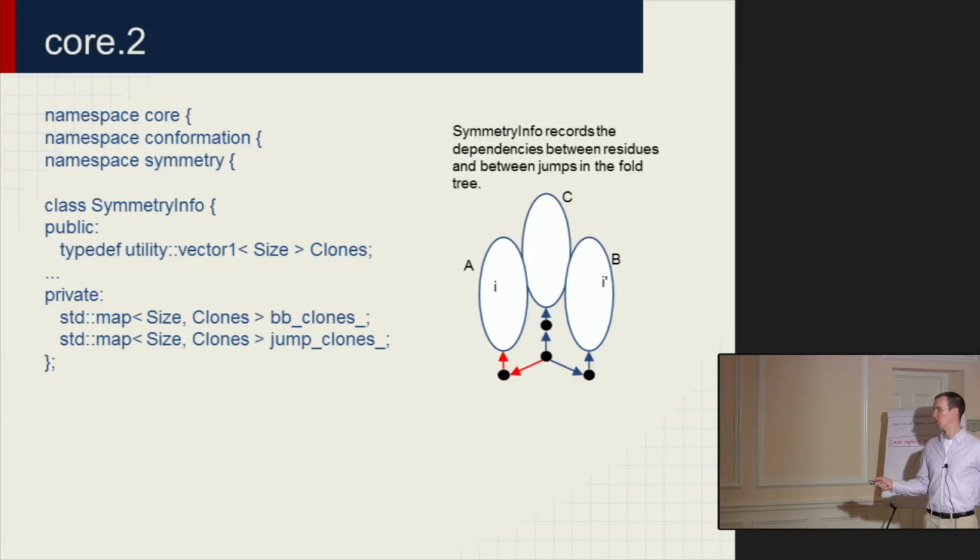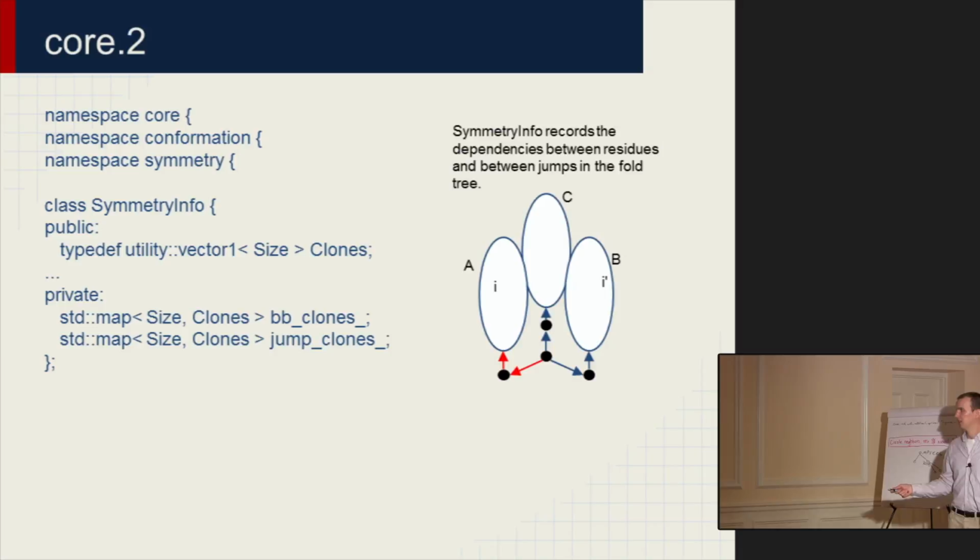So this is a vector of size, call them clones, and there's a map between each residue in the asymmetric unit to the list of all of the other residues that are clones of it. So for residue I in chain A, it would list I prime and I double prime as the symmetric clones of residue I. And there's similarly jump clones,